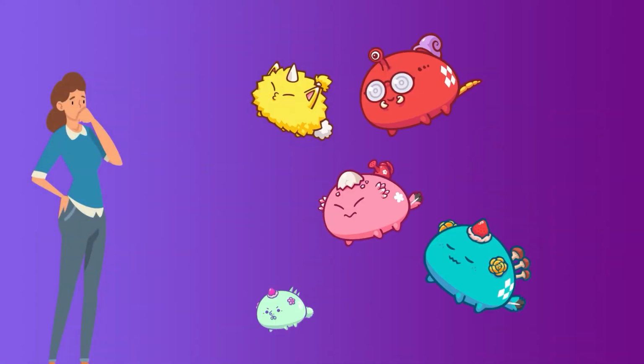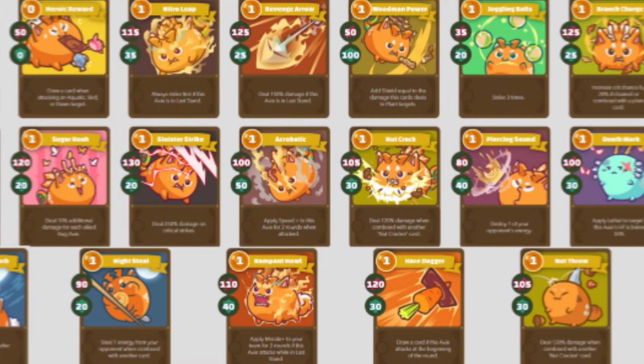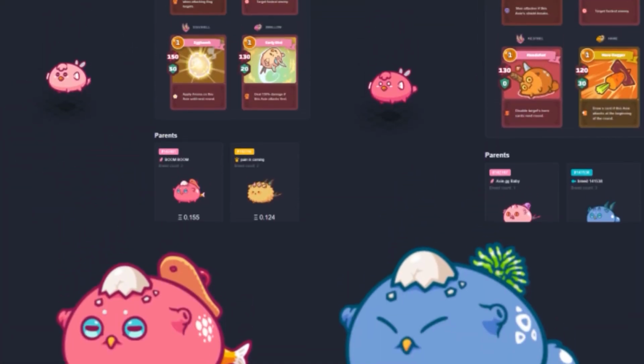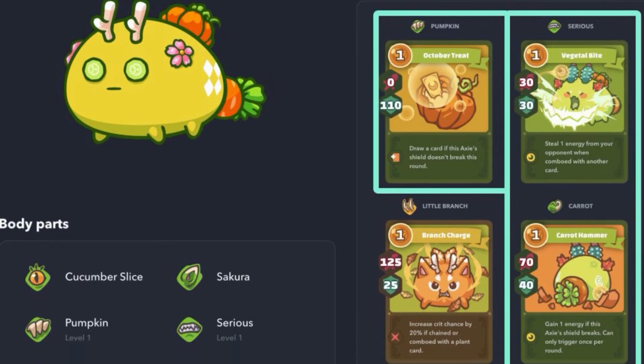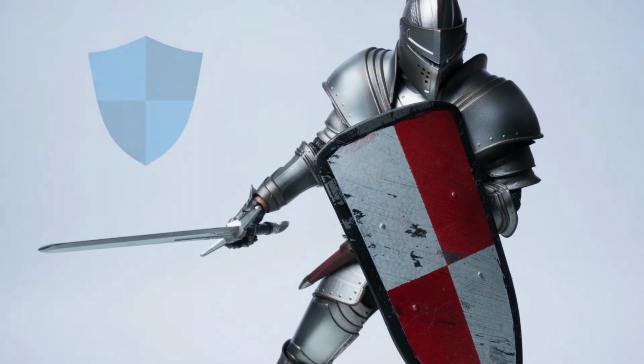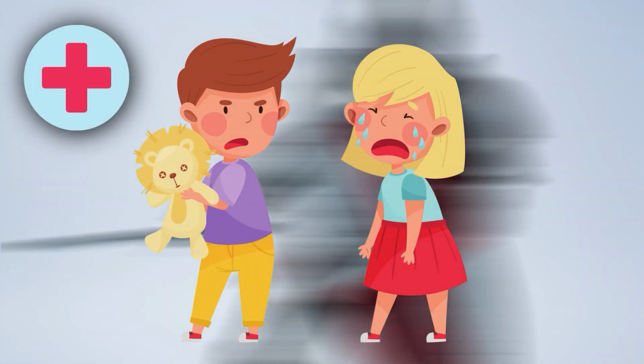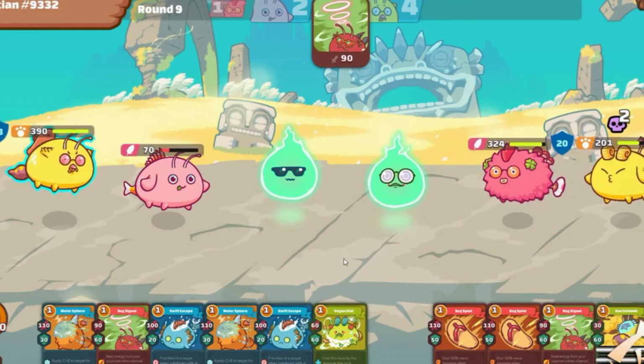The last thing we will discuss about Axies are the different abilities they have, which are represented by cards. Remember that the body parts are what make each Axie unique, so the overall ability of your Axie depends on which tail, mouth, back, and horn it has. Some abilities are defensive, such as stealing energy from the enemy team and recovering Axie health points, while others are offensive, like dealing damage